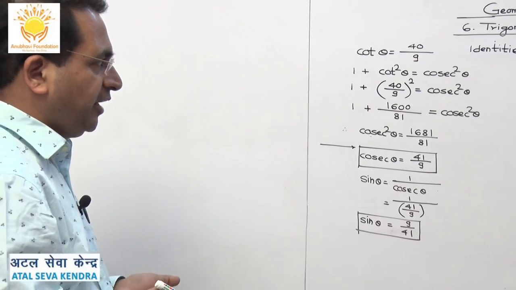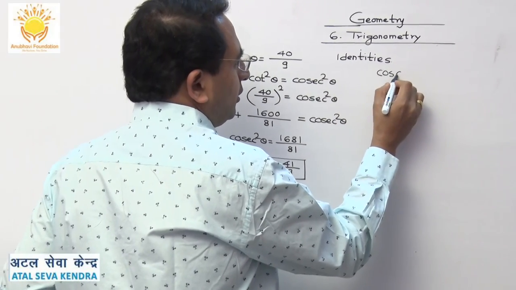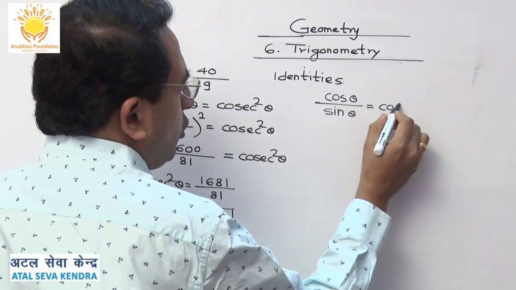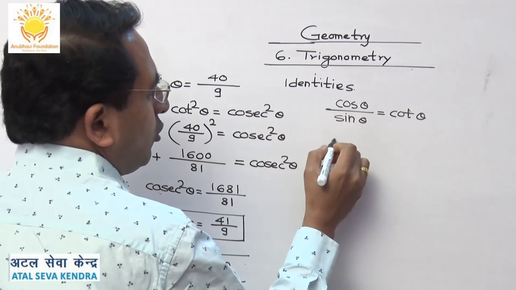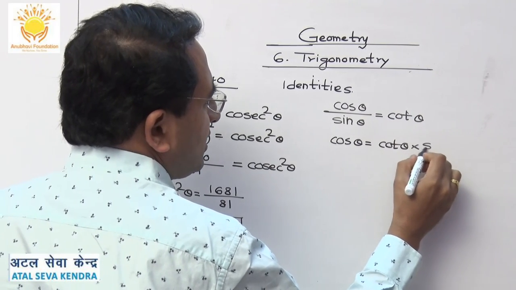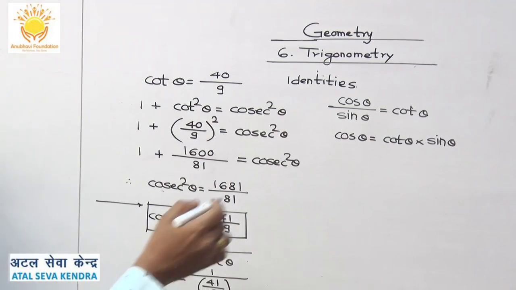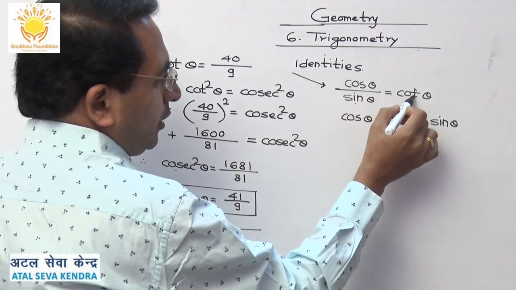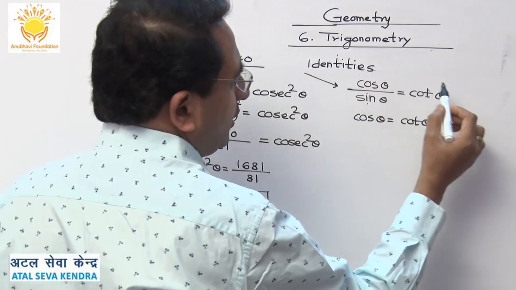Now we have to go ahead with the next formula. That formula we can generate. Now cot theta, there is a formula. That formula we should write here. Cos theta upon sine of theta, that answer is going to be cot of theta. So what is the value of cos theta here? Cos theta is nothing but cot of theta multiplied by sine of theta. That is what we have to write. There is no need to learn this formula by heart. Just remember this one: cos upon sine is cot. Therefore, the cos theta answer is going to be, with sine theta taken on that side,